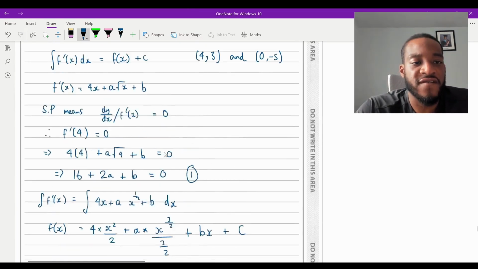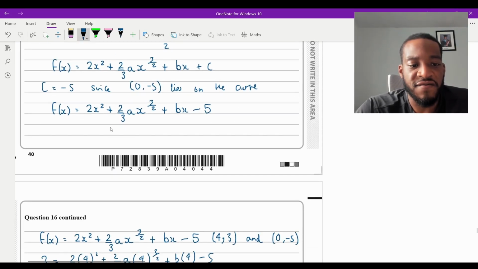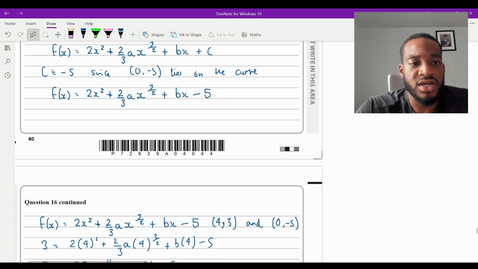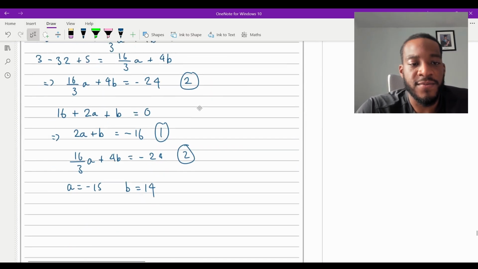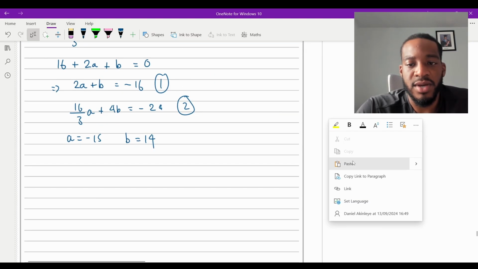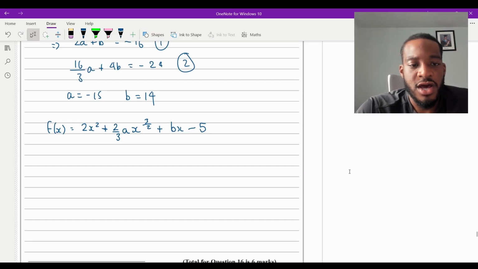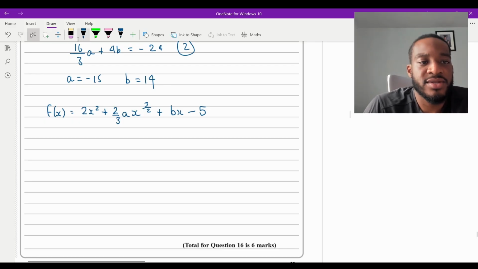Remember, the question asks us to figure out what the function f of x is. This was our expression for f of x. So what I'm going to do is copy this and then plug in a and b, and then we're done. So copy this here, and then plug in our values for a and b, and that will be it. So it's our function f of x. When I plug in a and b into that, I'm going to say f of x is going to equal